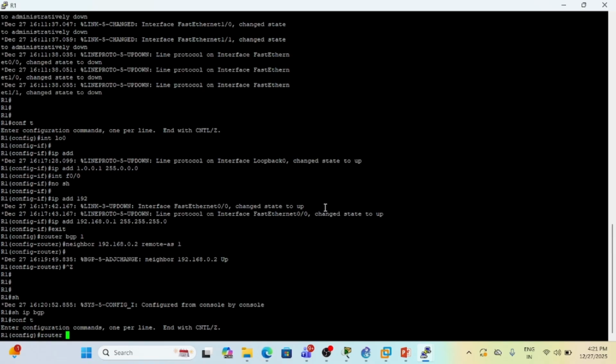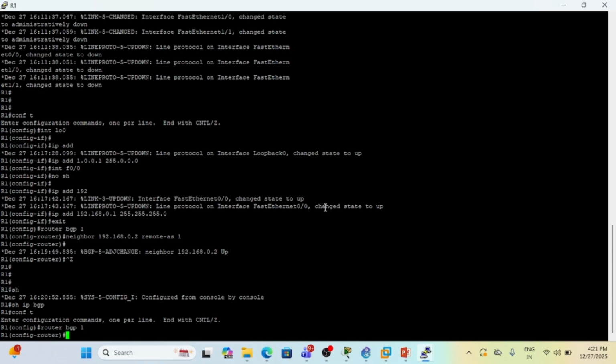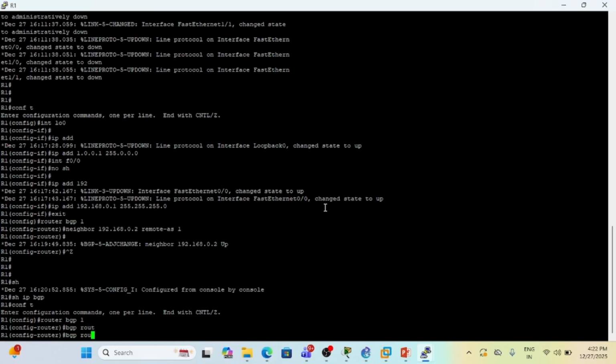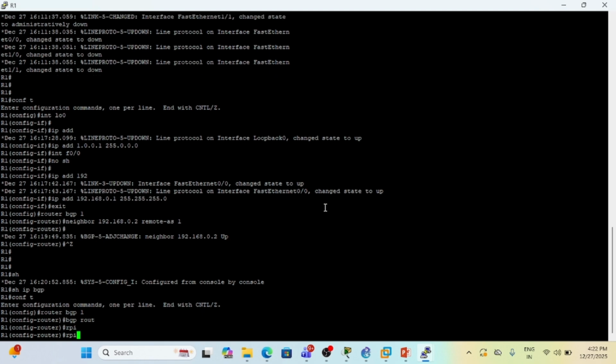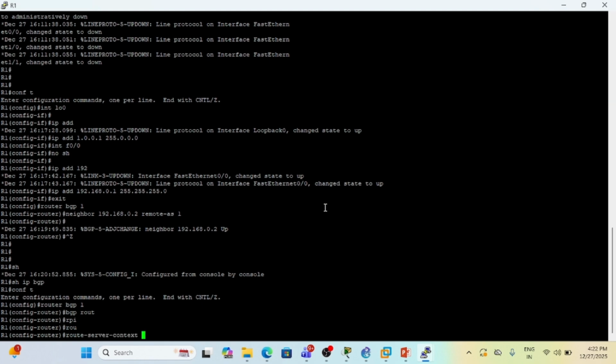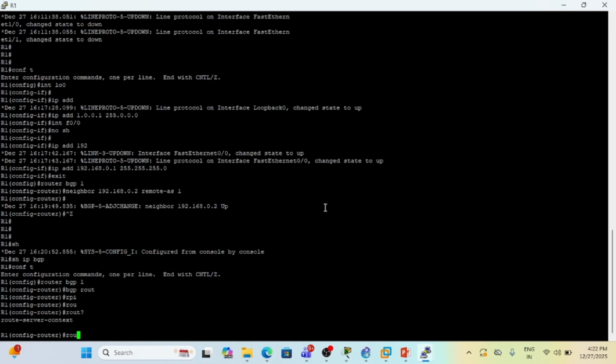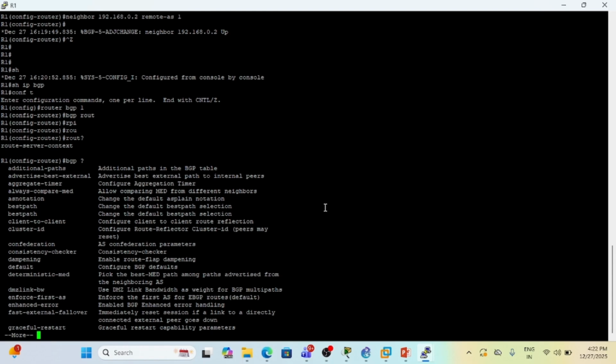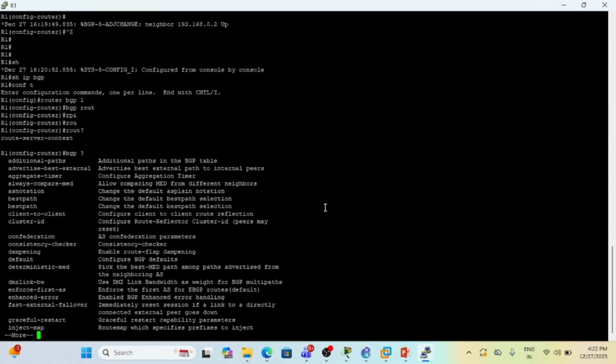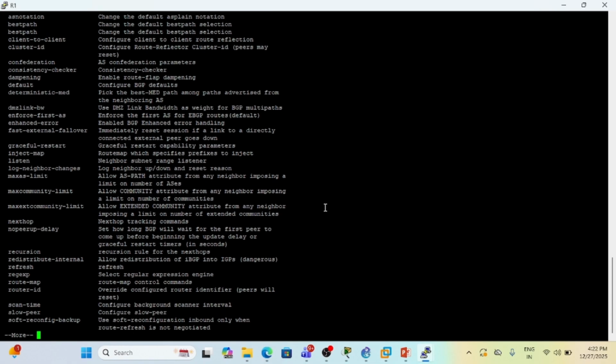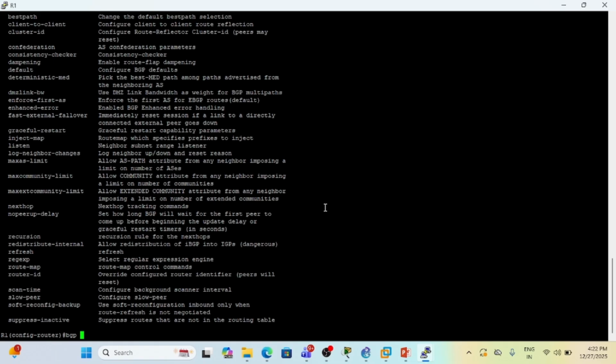So here router BGP 1, there should be a router ID. Yes, that is. So bgp router-id, say 1.1.1.1